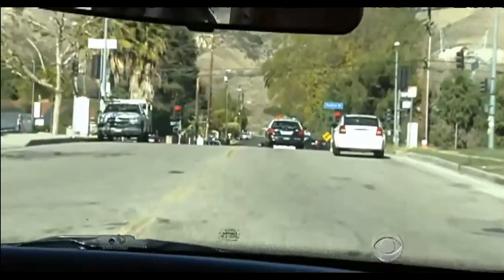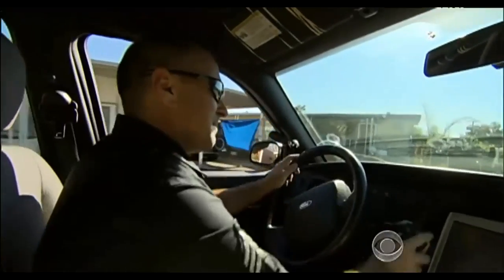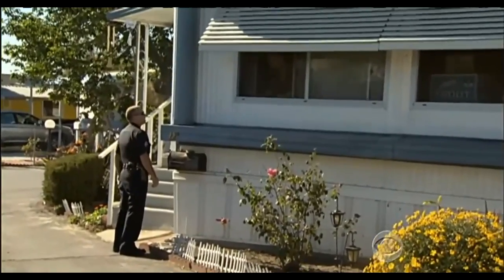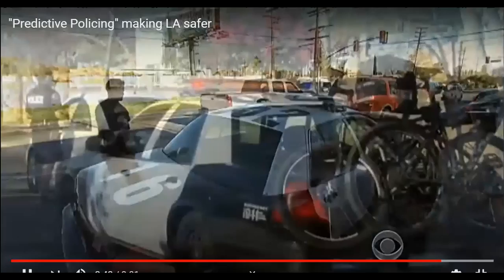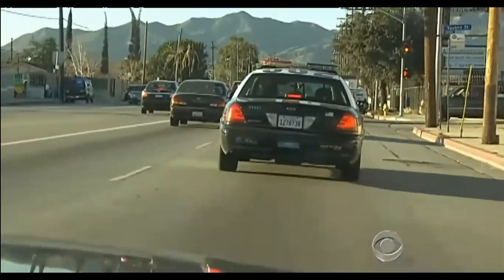The LAPD began testing the predictive policing model here in the Foothill Division in November, and the early results are encouraging. Burglaries are down 33%, and violent crime is also down 21%. That success will allow Beck to expand the program to other parts of the city and leverage limited resources. I'm not going to get more money. I'm not going to get more cops, but I have to be better at using what I have, and that's what predictive policing is about. It's also about driving the crime rate lower. Crime here has dropped 9 straight years. With these small red boxes, LA is aiming for 10. Bob Orr, CBS News, Los Angeles.